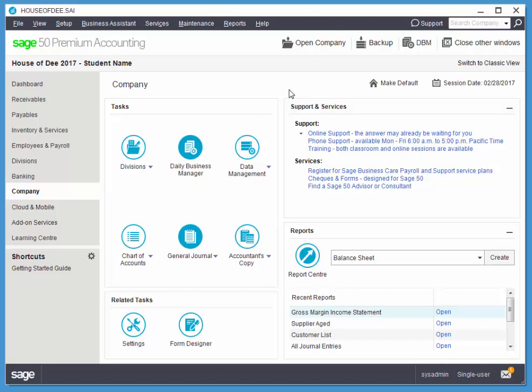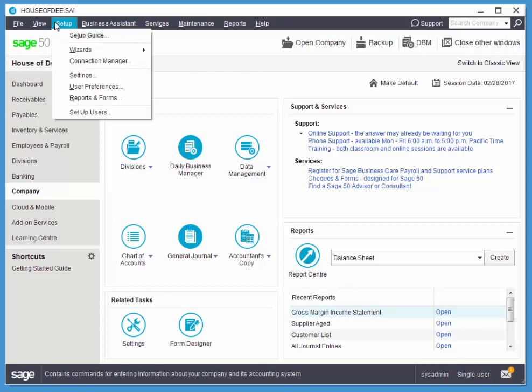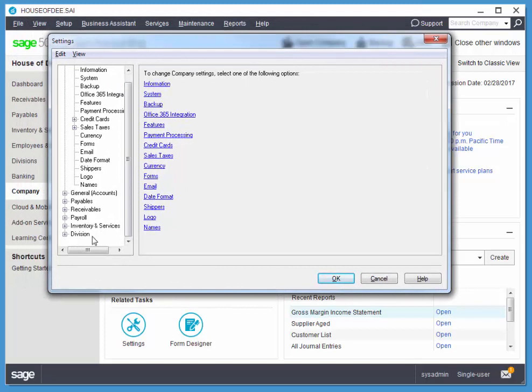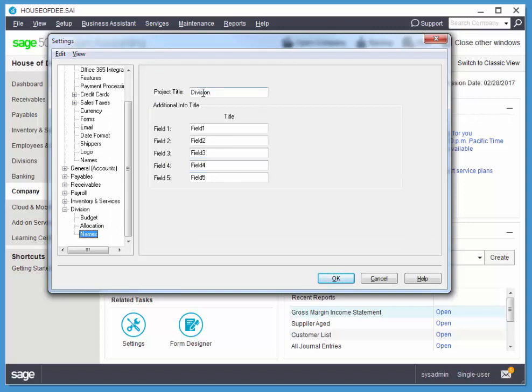So first of all, we're going to go to Setup Settings, and notice that we have division here. This is more of a manufacturing term. We're a retail company, so we want to change this to departments. If we click on the little plus sign and choose names, we can change this to whatever we like. So I'm going to choose departments